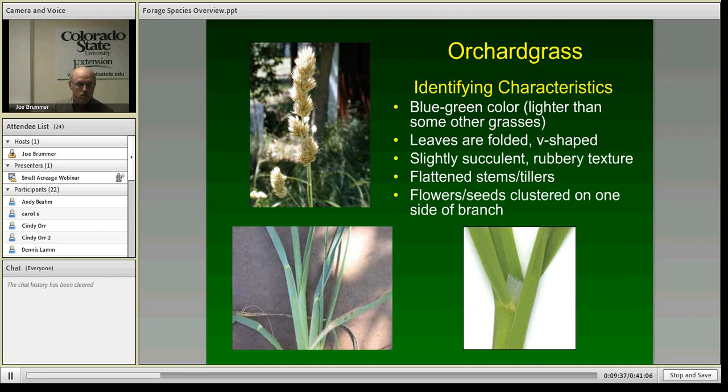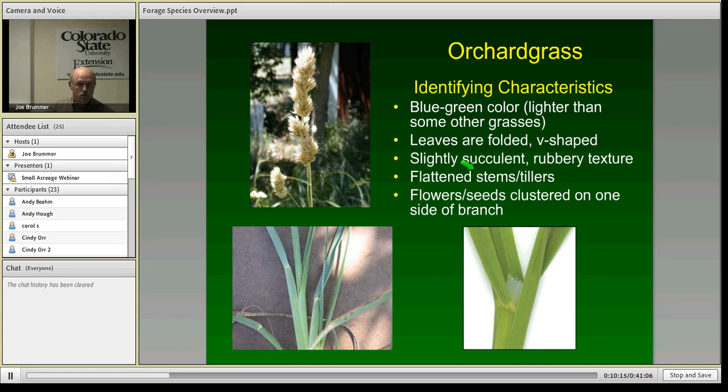So some of the identifying characteristics, again, it tends to be a little bit lighter green in color and often has kind of a bluish cast to it, so kind of that blue-green color. The leaves tend to be flattened and kind of folded, has this V shape to them. You can see in this photo on the lower right there, again, kind of that V shape in the center of the leaf, and again at the mid vein of the leaf, I guess, the leaf kind of folds in on itself. Again, the stem of the plant is actually flattened, so that's a very good way to